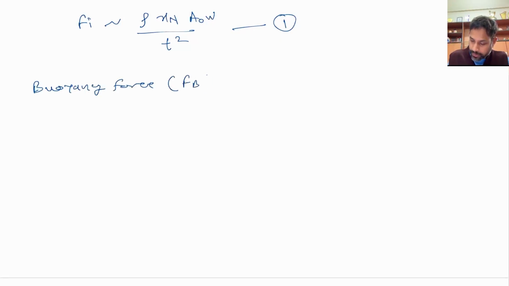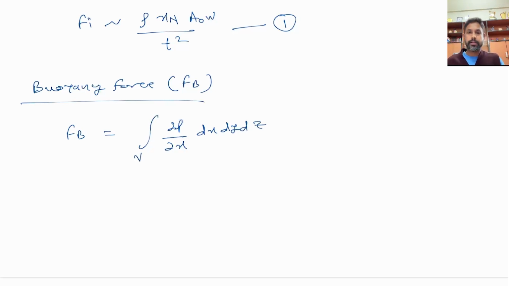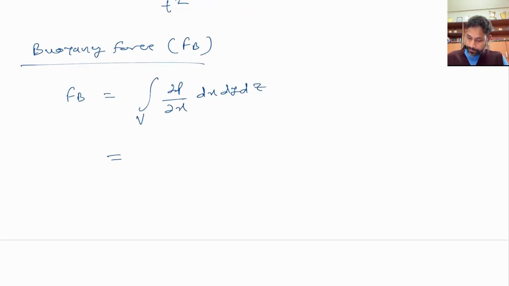Buoyancy force, we will call it Fb. So Fb is equal to dp by dx dy dz, and again this is integrated over the volume, right? Because we know that this force is per unit volume, and if you want that force for the complete volume, you must integrate it over the complete volume. Okay, so here our dp is basically the hydrostatic pressure, and in hydrostatic pressure, if